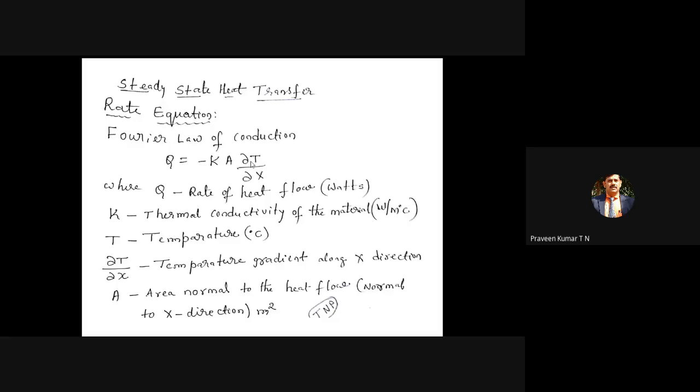The second one is, if one end of the rod is at 500 degrees Celsius and the other end of the rod is, let it be, 50 degrees Celsius, the temperature difference is very high. Because of that, the heat transfer rate is also very high. That's why we have del T by del X, the variation of temperature from one end of the element to the other end. If the temperature difference is high, then the heat transfer rate is also very high.